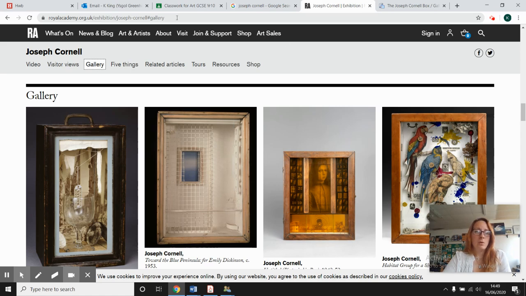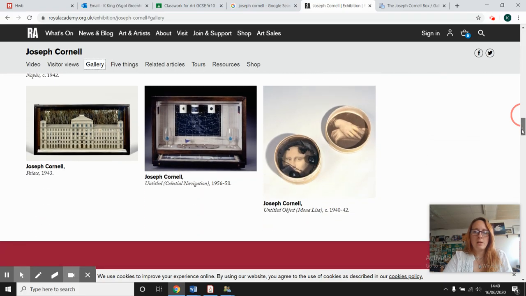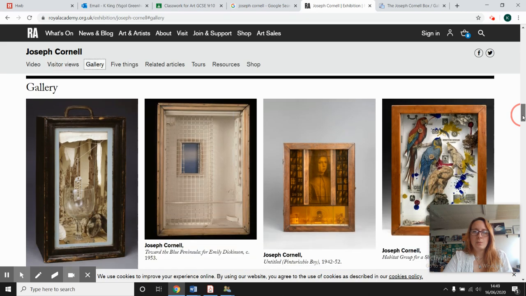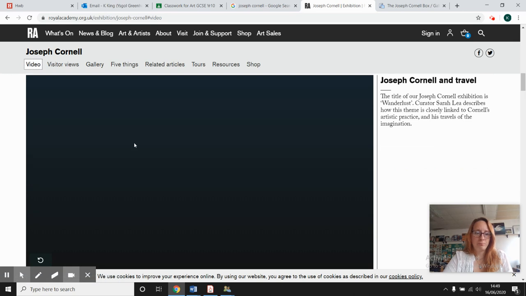But I just wanted to guide your attention towards this website, which is the Royal Academy website. And I'll send a link to you on this assignment. Joseph Cornell has quite a lot of different art pieces based inside or within boxes or containers. So if you go to this website, which I've given you a link to, you'll be able to find video,